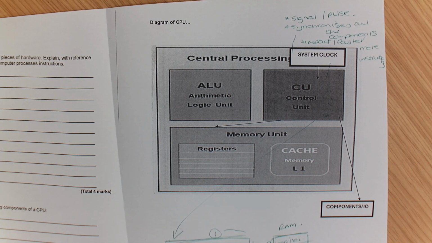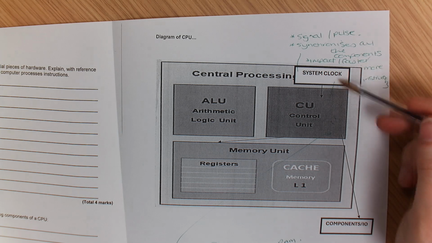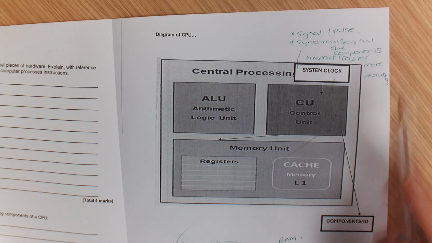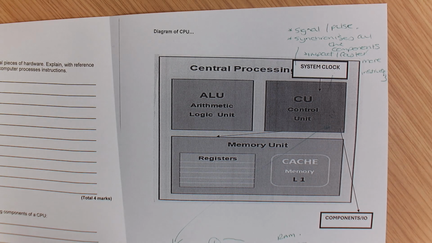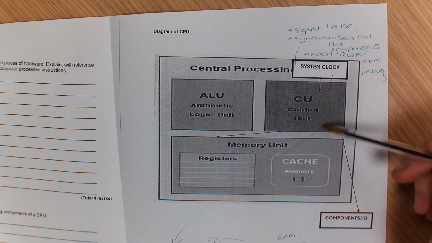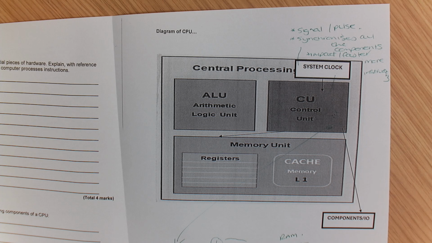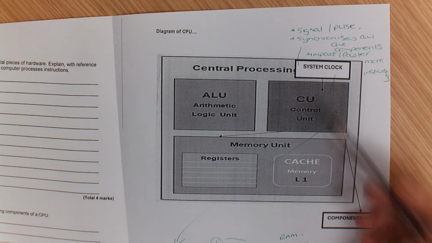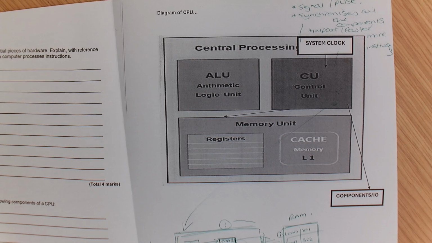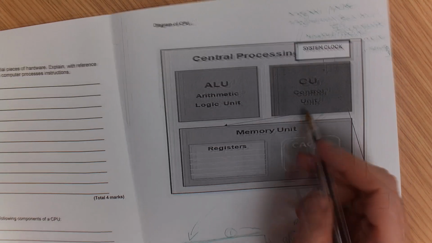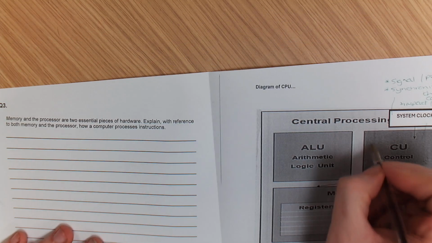So we've acknowledged what the clock does, but the clock's job is to kind of keep it all in sync. But what did I say the control unit did a minute ago? It doesn't fetch, all right? The control unit's job was to kind of send that signal and say, okay, I'm about to start the fetch decode execute cycle, okay? Yes, it decodes, but what it does is coordinate it and say, okay, start the fetch cycle. So the control unit, I'm just going to write this down here, or I wonder if I can fit it up here. Let's put it up here. The control unit,